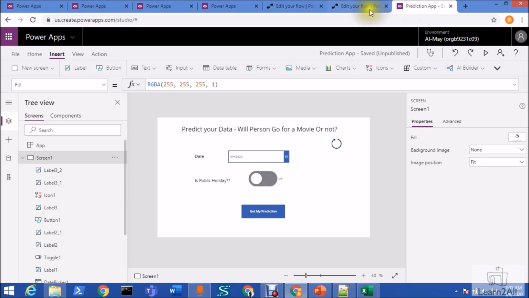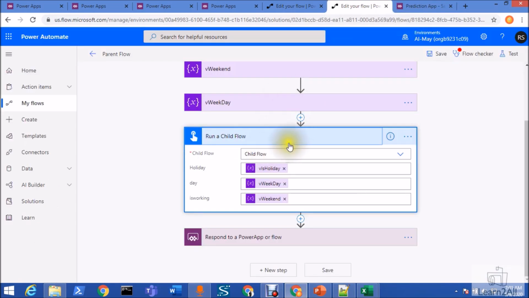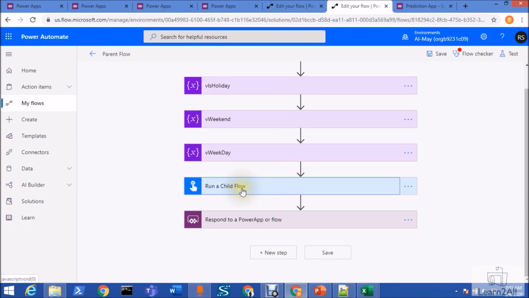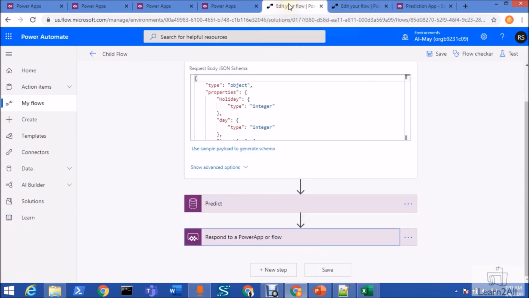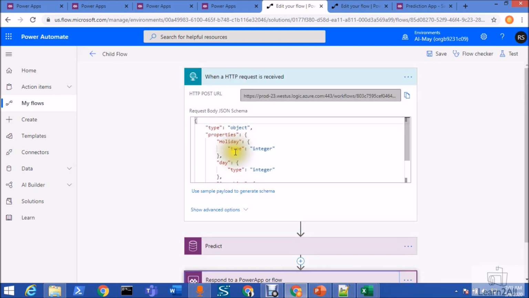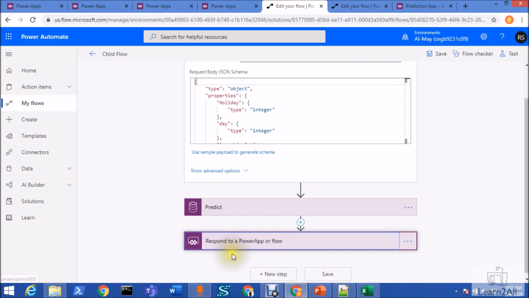To overcome that, in my parent flow I didn't use this action directly; I used it indirectly via an HTTP call, because the run a child flow action is supported inside Power Apps. So I created a separate flow from where I'm calling my predict model, and I'm responding with the result only.